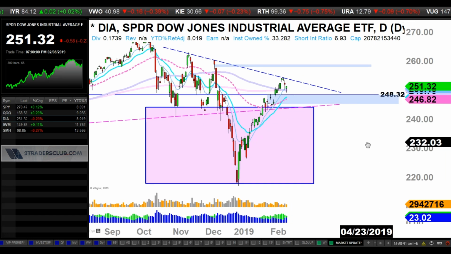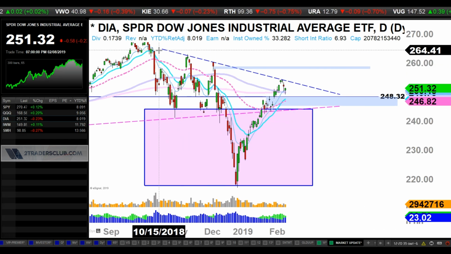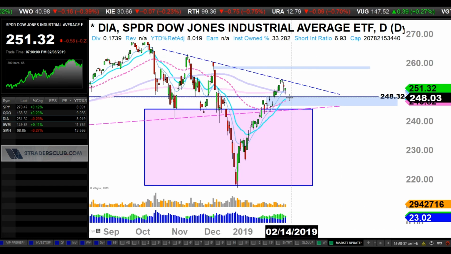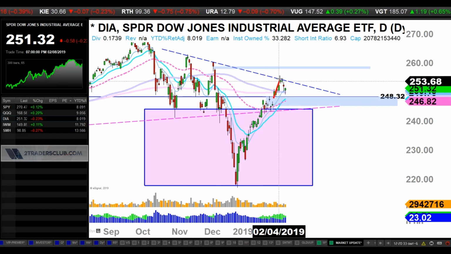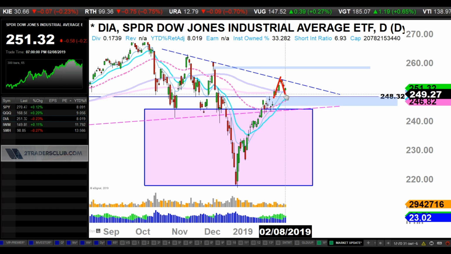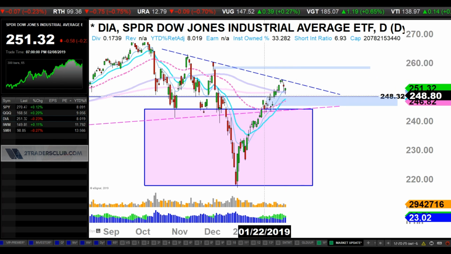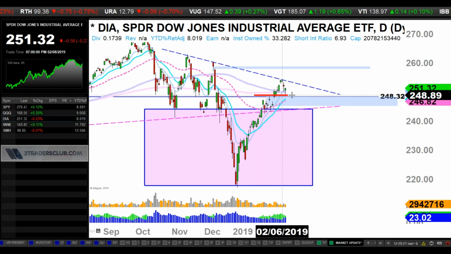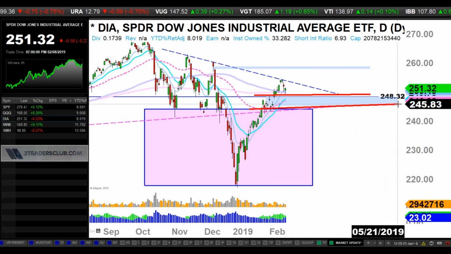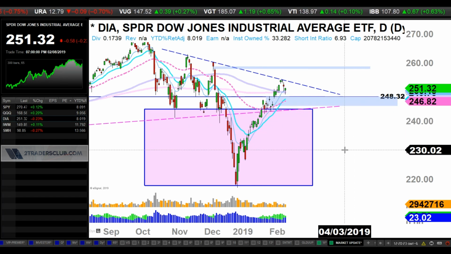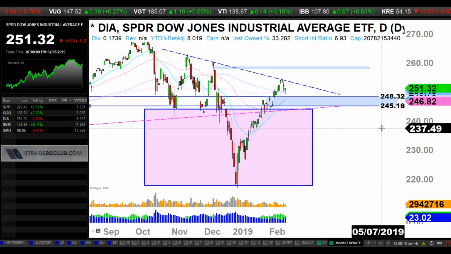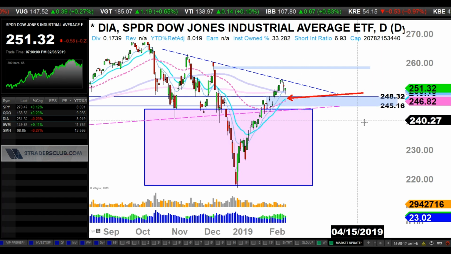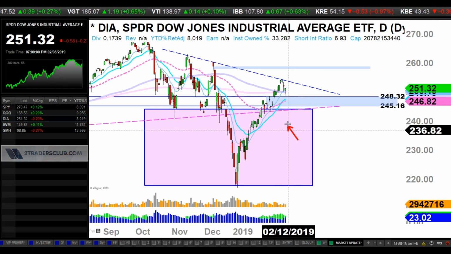The difference with the Dow though, yes, we have this downtrend resistance, but we're actually above the 200 SMA, and we retested it today. So potentially that could be happening here, and that's a level where we have that gap, 248 in that vicinity. Let's actually put this there too, right? 248, 245, and we have a 20, 50 already crossed.